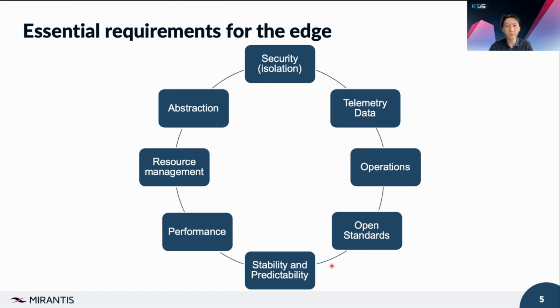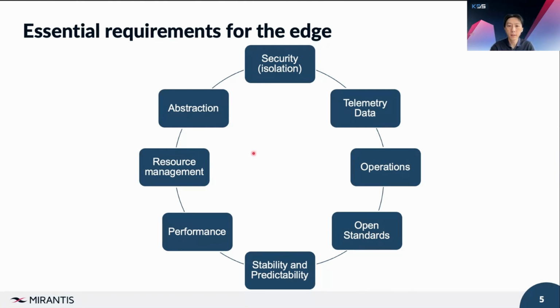Stability and predictability, kind of a given, ties hand in hand with operations and performance. Typically, when you're on the edge, you have reduced hardware and resource constraints. So whatever you're choosing in order to host your edge workloads, of course, needs to get out of the way of your actual workload and make sure your workload performs just like you expect it to in any other environments as well. Which then brings us to resource management, making sure that whatever your workload is running, we can actually pipe enough